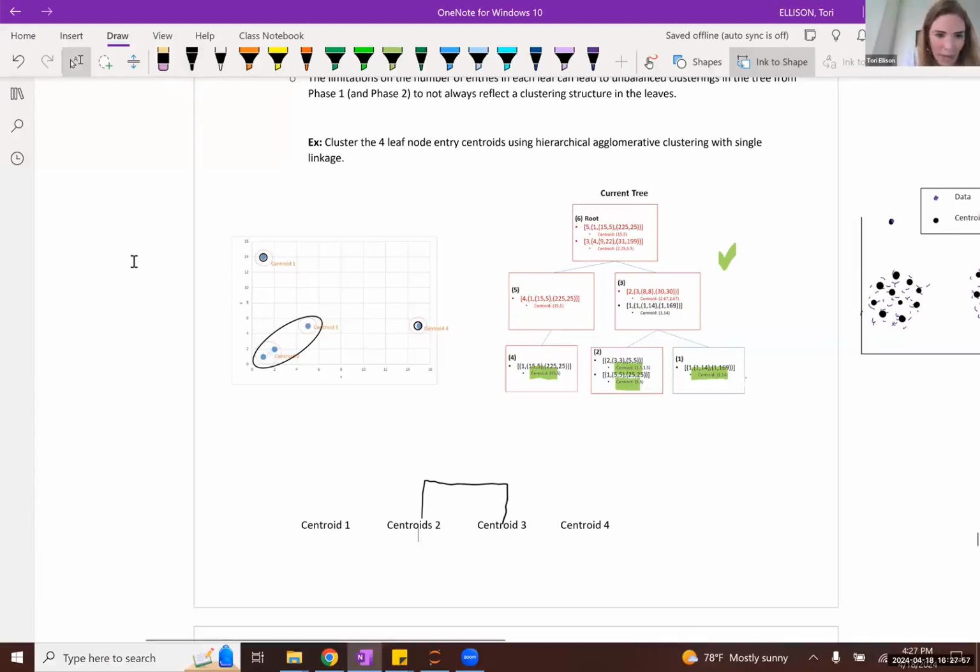Then centroid 1 and this cluster are closest to each other because these 2 observations are considered closest, so these 2 clusters would merge next.